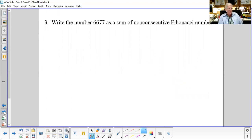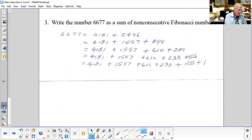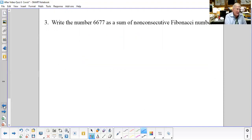All right, now, the next problem that's on the back, and I didn't mention I'd gone to the back of the sheet, but I've gone to the back of the sheet, Group Work 6. I think you kind of figured that out. And so what I'd like you to do is take a look at this thing. Now, I want to write this as the sum of non-consecutive Fibonacci numbers, right? Okay, now,